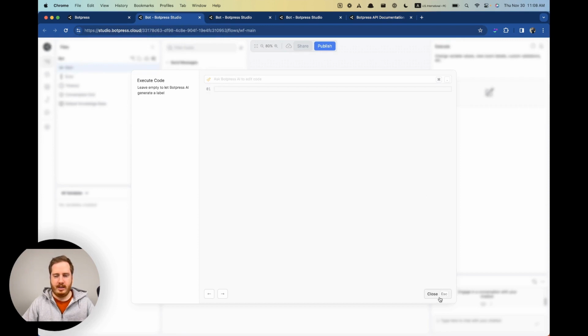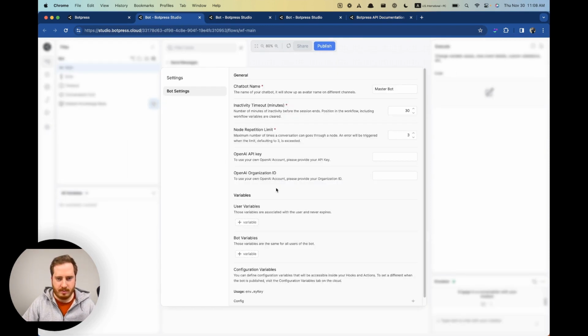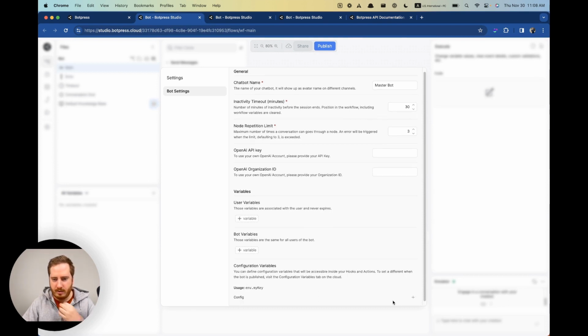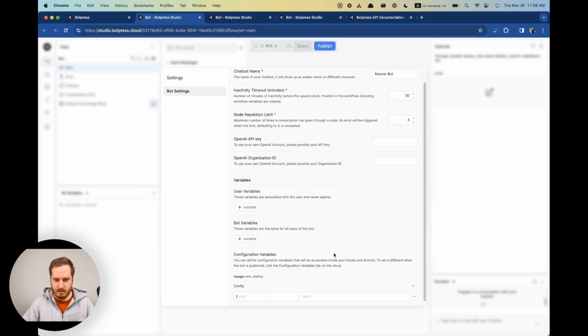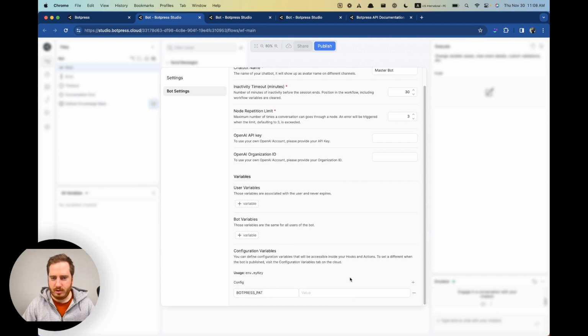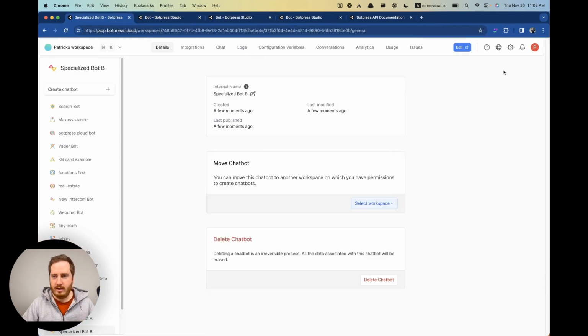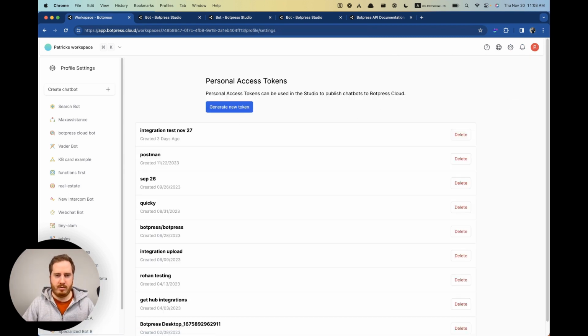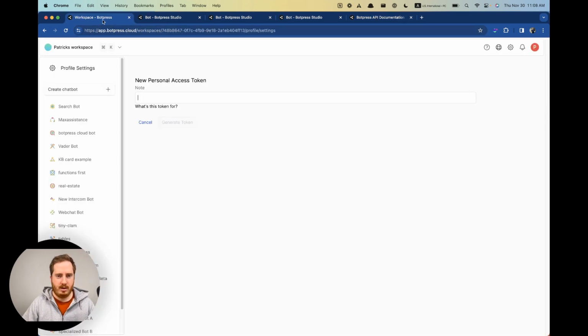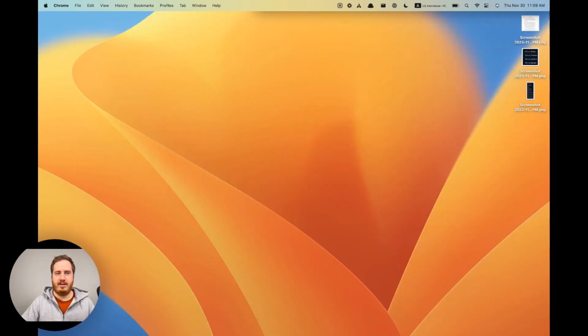Let's see. We're going to need an environment key, an environment variable for sure. So I'm going to go here, and I'm going to go in configuration variables. Oops, I'm going to add Botpress token. Let's write it like this, all caps, because we're angry engineers. I won't show you my key because this is live, so I will do this off stream. Well, I can quickly show you how I'm going to do it. So right here in app.botpress.cloud, I can go into, is that the gear icon? Where is it? No, sorry, the account icon, and then personal access tokens, and then I will click this, and I will do this off screen. But basically, I'm going to get the key here, and